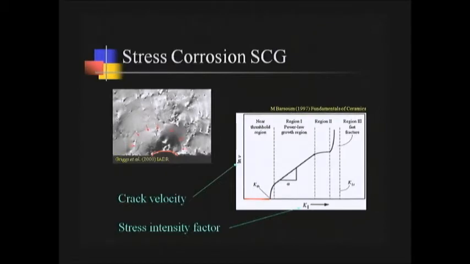So on the y-axis, this natural log of v is the logarithm of the crack growth velocity. And so that initial pore generates a crack which begins to slowly grow. In the patient, maybe it's growing at the rate of micrometers per week, micrometers per month. And then as it begins to grow,